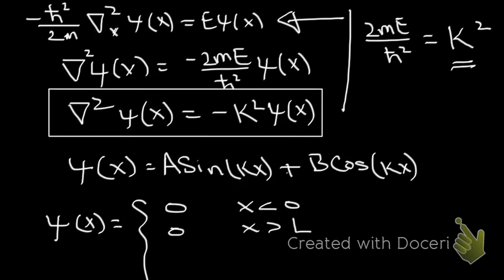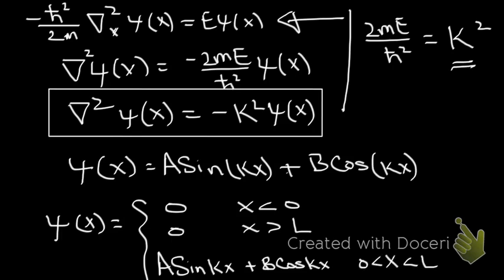However, inside, our solution, as we said, is the periodic solution, that is a sine kx plus some constant b cos kx, and this is for x in 0 to L. Okay, so if you look at this equation